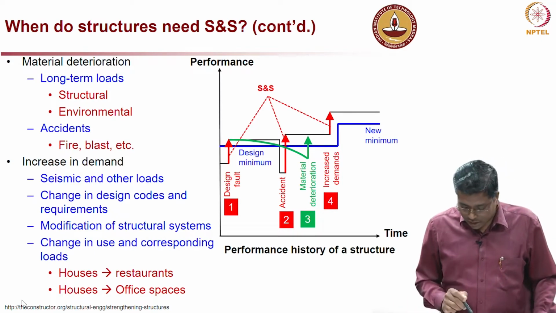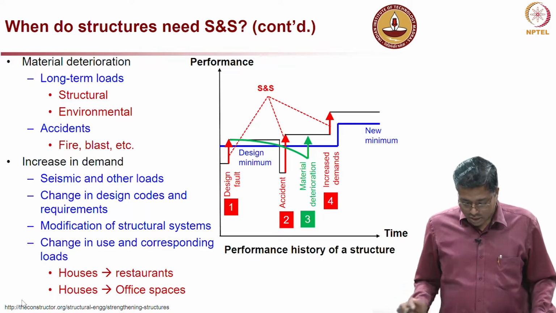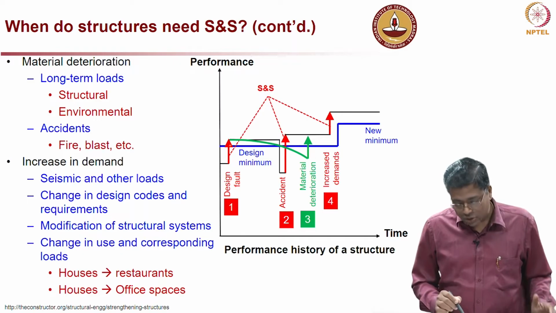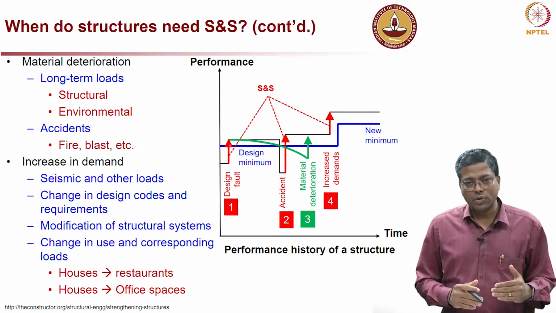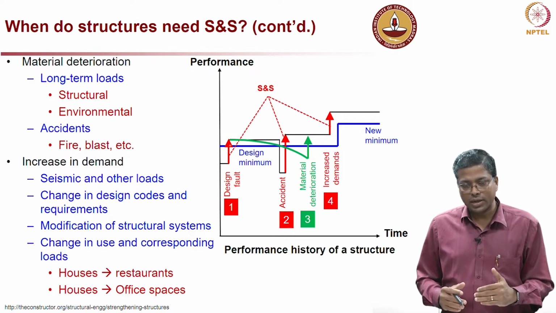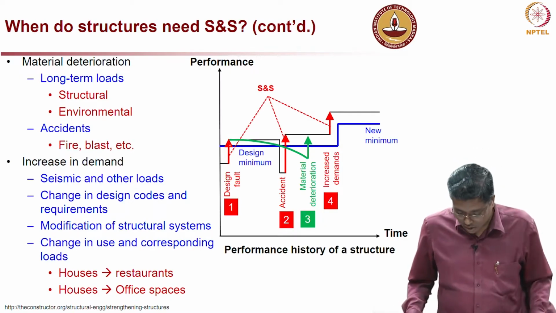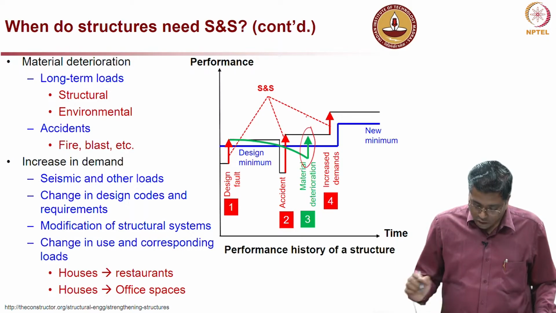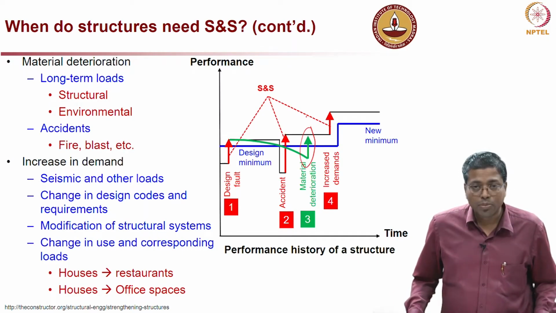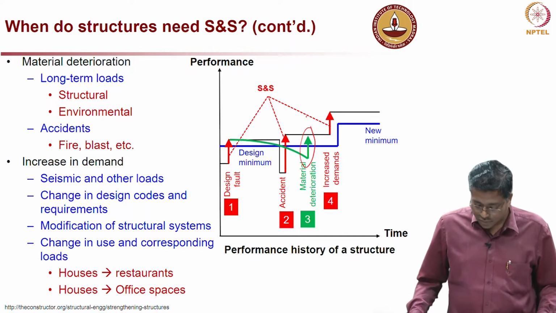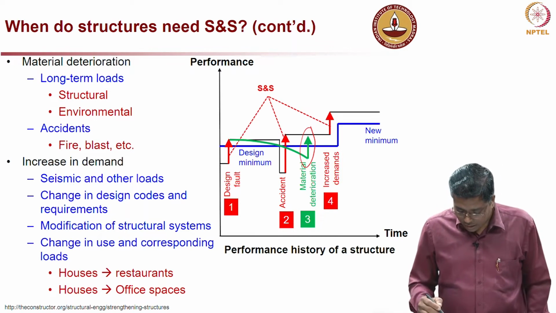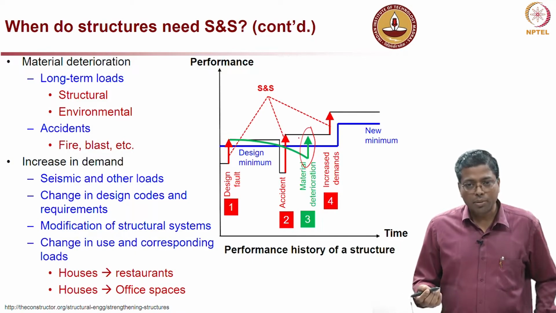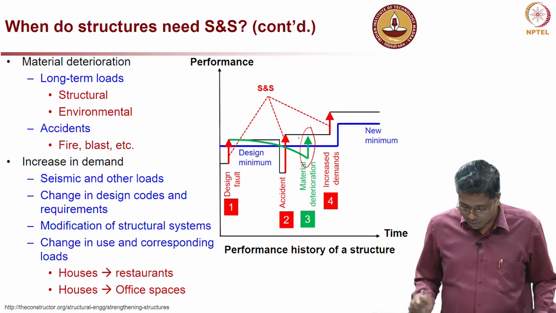And that is shown here in this sketch by a green curve which slowly degrades, or in other words the performance level is slowly degrading and then going below the design minimum. And at one point of time we go for enhancement, which is indicated by the green vertical arrow, and then we raise the performance level to a point above the design minimum.